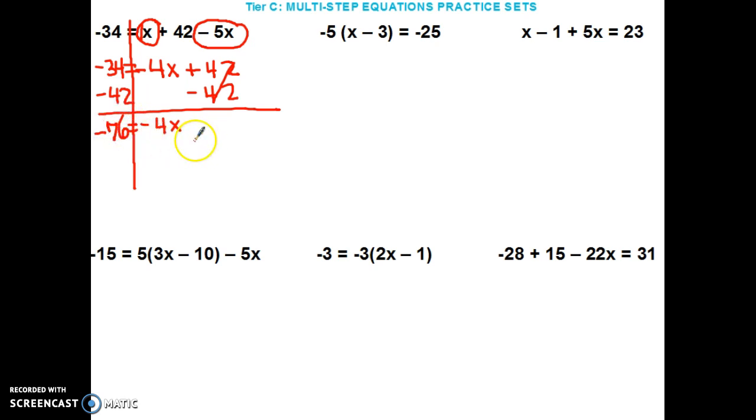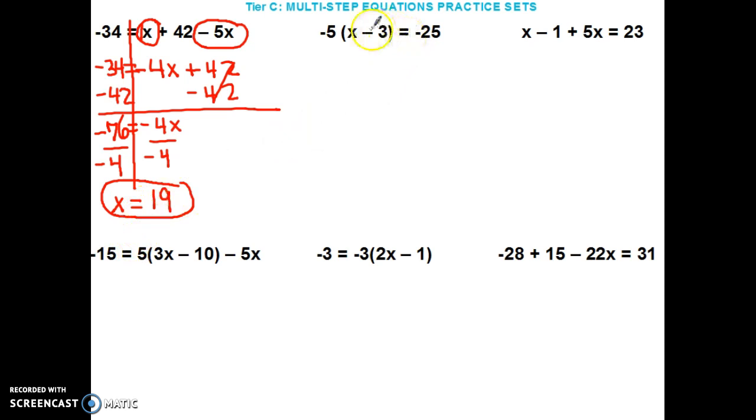Okay, so we divide by negative 4, divide by negative 4, and then we know that a negative divided by a negative is a positive. And so we end up with a positive 19. Okay,